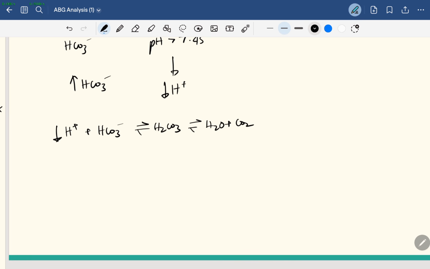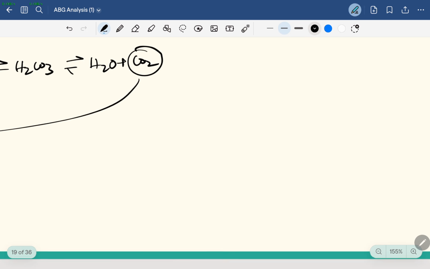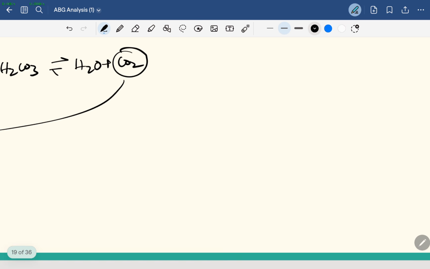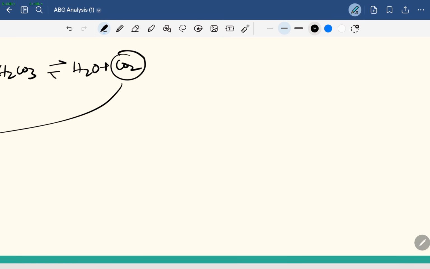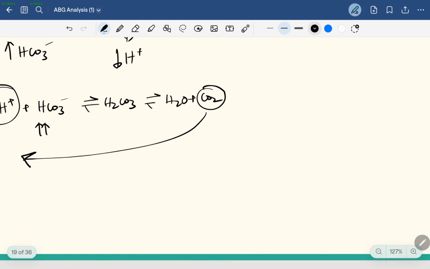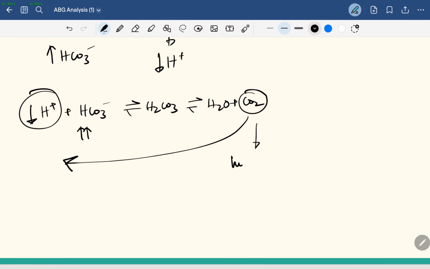Here the problem is there is low H plus, and there's an imbalance, so there is a relatively high bicarb. Now to regenerate H plus, this equation has to progress in the backward direction. So carbon dioxide is a substrate, and the source for carbon dioxide is metabolic respiration, and the lungs have to conserve carbon dioxide in order to provide the substrate for this reaction. So there's actually hypoventilation in this patient, which provides a higher PCO2 so that the reaction can progress backwards and regenerate protons. This is termed as compensatory respiratory acidosis,